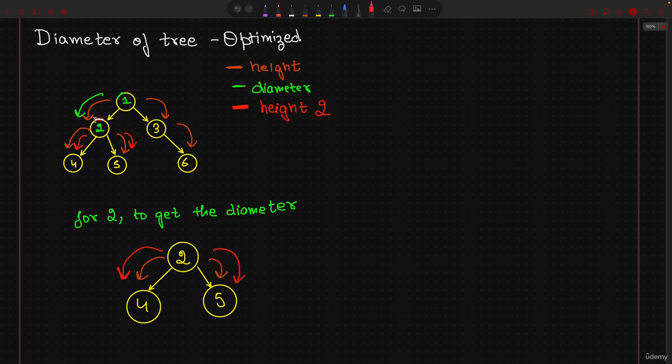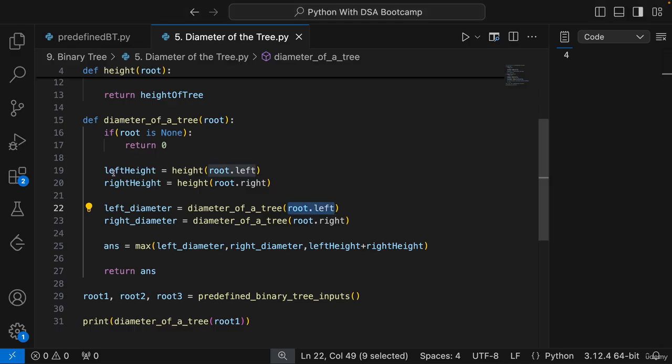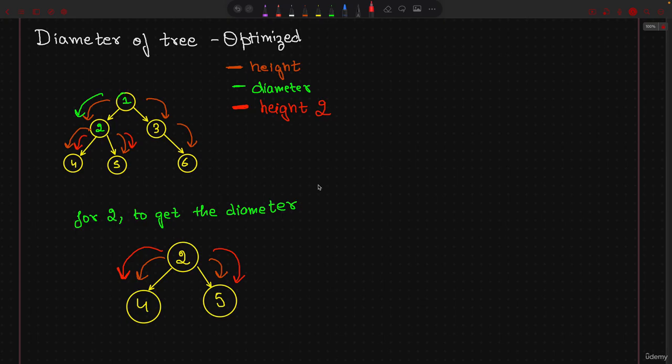Then 1 says that, hey, get me your diameter. So 2 then goes back and gets its diameter. For getting the diameter, what is 2 doing? 2 is making another call of height for 4 and 5. This is what our code says, right? We are saying that, hey, get me this height and get me this height again. So if this would have been a very long tree, then you can imagine how many calls we are duplicating, right? Because if we will have another node here, if we will have another node here,